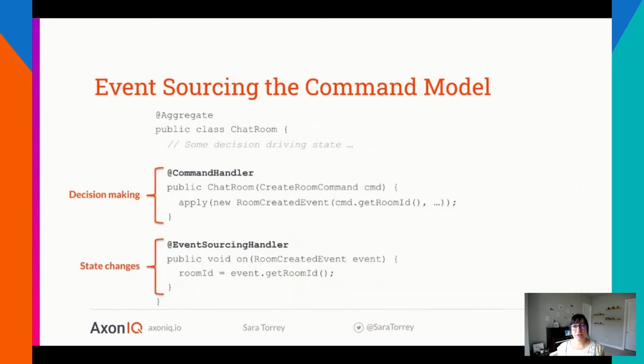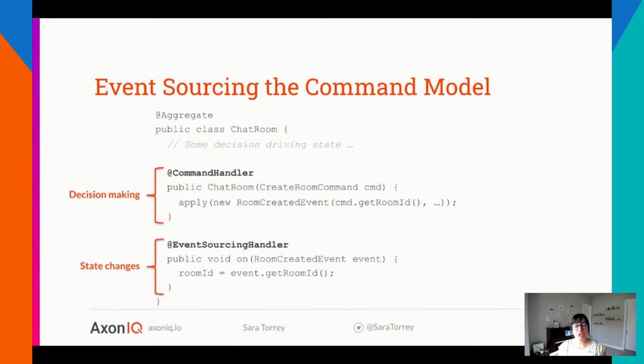Now, this is how the aggregate, this command model, is event sourced from its own events. To explain this, let's look at the chat room aggregate again, but now we show two different methods. In this sample, we have a command handling constructor to create a chat room. This is therefore the initiation point of this aggregate. In addition to that, we have an event sourcing handler, which handles the RoomCreated event published by the create room command handler.